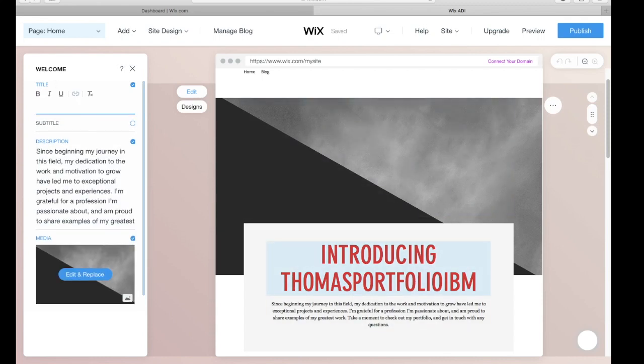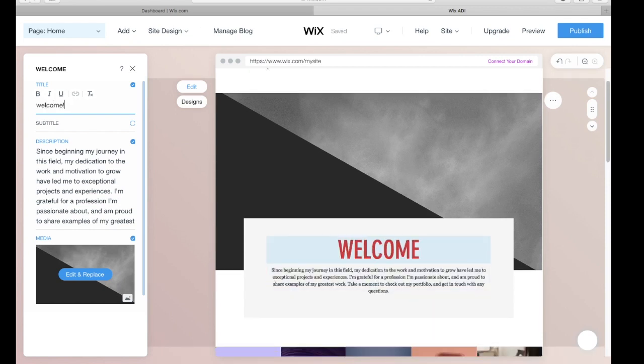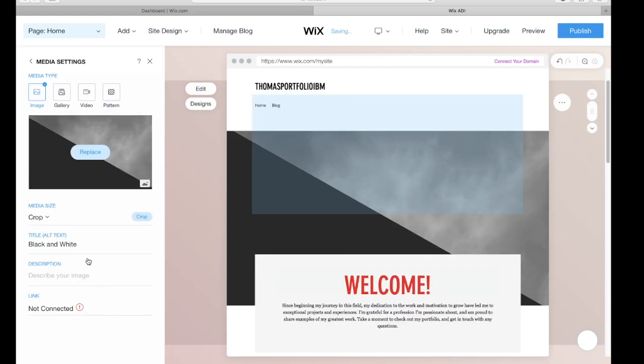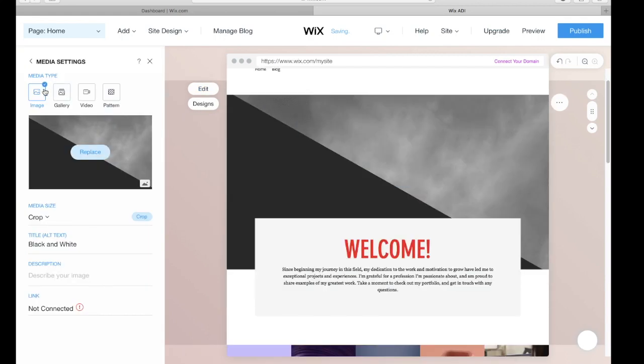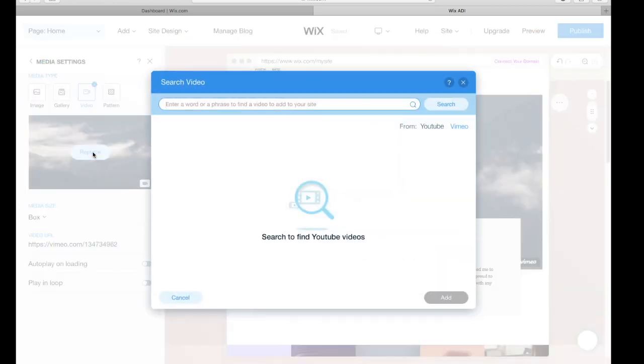Then you can put a title, for example, welcome. And here you can describe your welcome word if you want, and you can replace the picture as well. You can take a picture, you can put a gallery in it. There's actually a series of pictures or a video. For that one, I will choose this option, and then